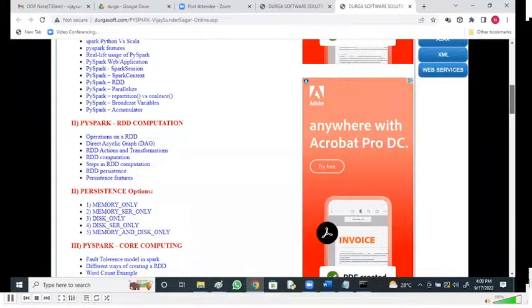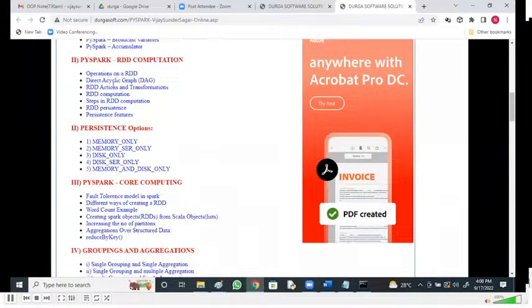Operations on RDD, like DAG, directed acyclic graph, RDD actions, transformations, steps in RDD computations, RDD persistence features: memory only, memory and disk, disk only, and so on. PySpark core computing, fault tolerance modeling, and different ways of creating an RDD, word count example, increasing the number of partitions, aggregating structured data,